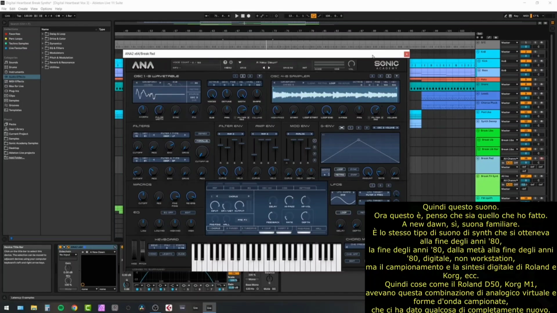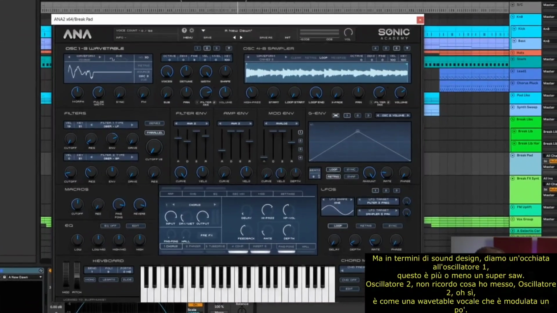the same kind of synth sound that you get in the later 80s, the mid to late 80s digital, not workstations, but the digital sample and synthesis from Roland and Korg, etc. So things like the Roland D50, Korg M1, they had this combination of virtual analog and sampled oscillator waveforms, which gave us something completely new. But in terms of sound design,